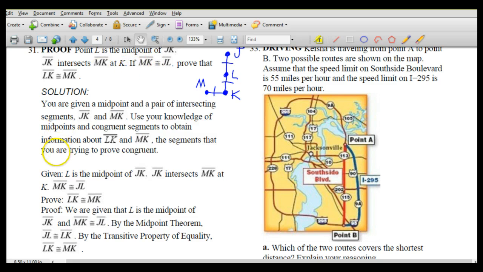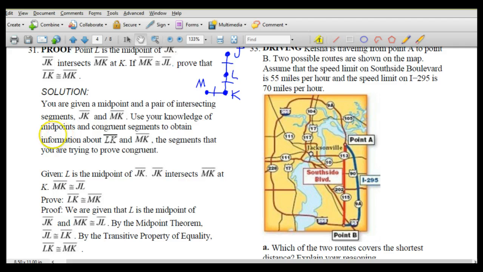The reason why the transitive property works here is that the transitive property says that if A equals B and B equals C, then we can say that A is equal to C, because A and C are both equal to B. So in this case,